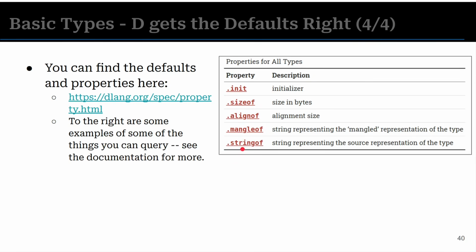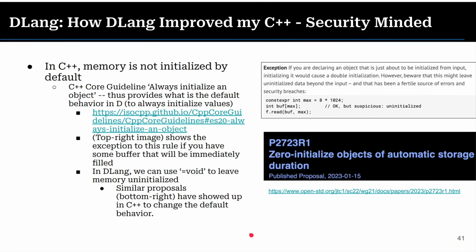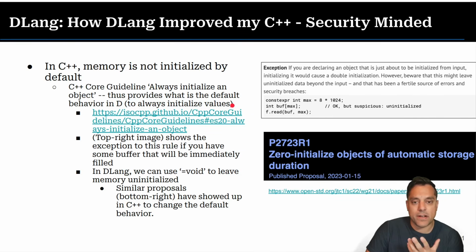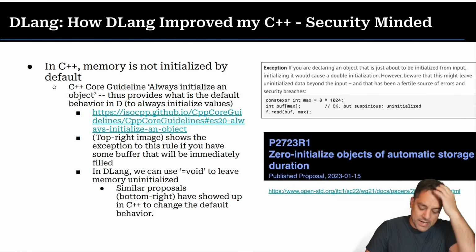So anyways, you can find all the defaults as needed in the language specification. And again, D in this way has helped me write more secure C++ code, right? One of the main things is always initialize your objects, always initialize your variables. There is a cost to it, but the cost is so minimal.